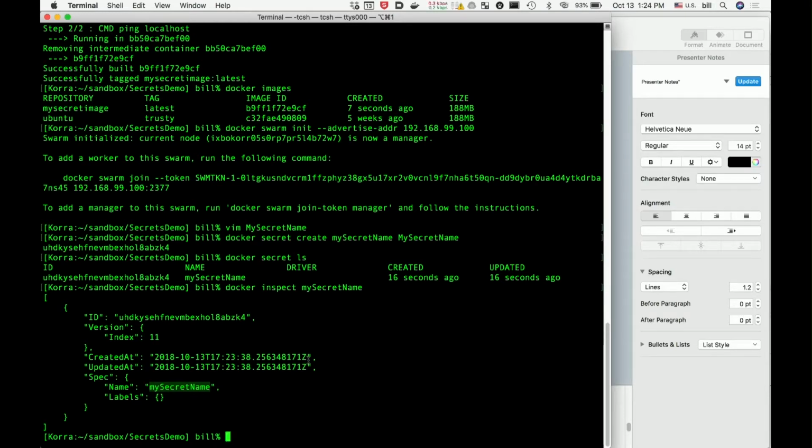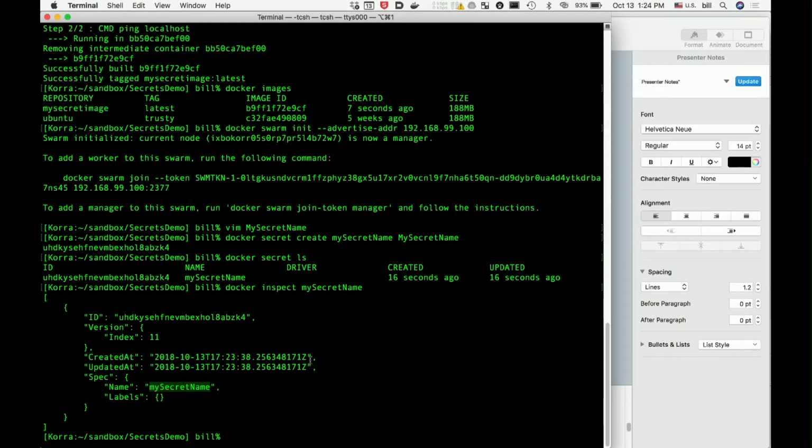Does anybody know what the proper use of the labels field is? By the way, I've seen how to add things to it and to remove things, but I don't actually know how it's used. Oh yeah, it's basically arbitrary metadata that you can use to then manage the objects. Okay, that would make sense.